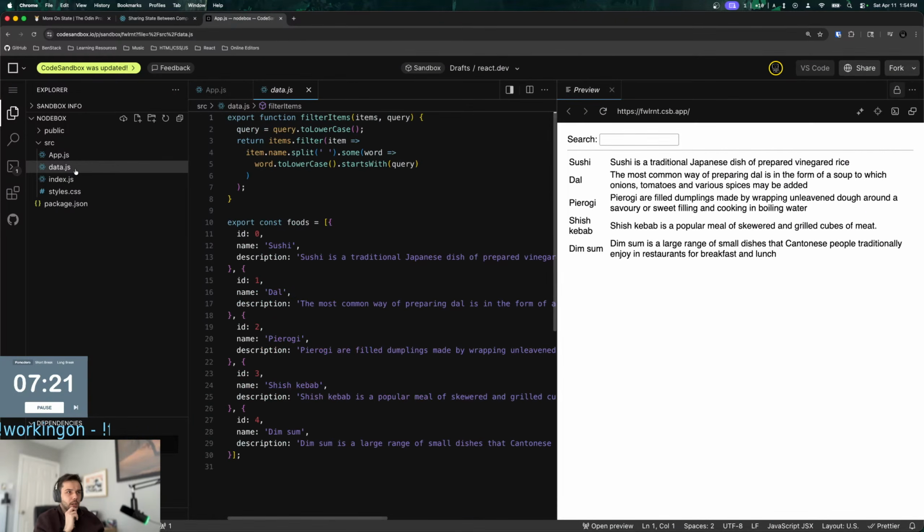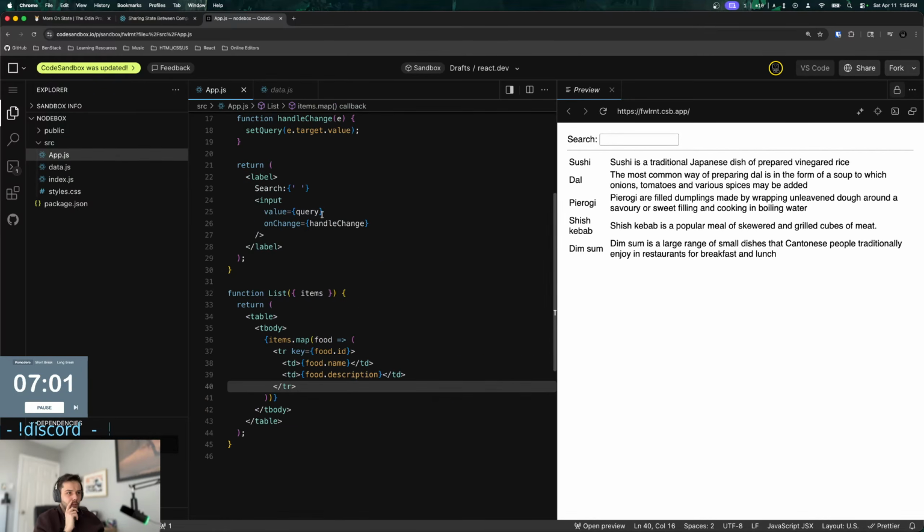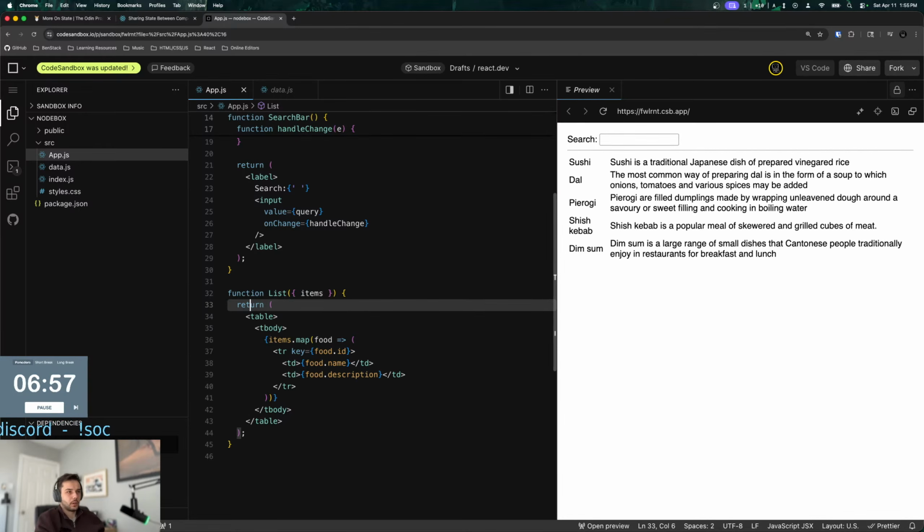So data.js, filterItems, query, and then return items.filter. Item name dot split to some word to lowercase starts with query. So that returns the list of items. Oh, so I can just filter the items in here.